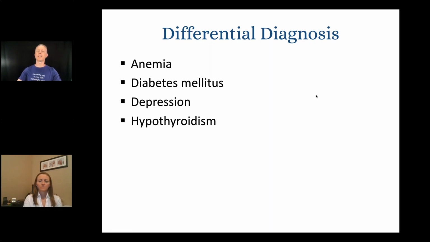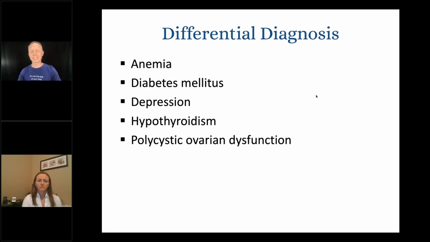Hypothyroidism, again, looking at the pattern of association. Polycystic ovarian dysfunction, okay, and why would that cause some of her presenting symptoms? Well, PCOS patients develop big cysts on their ovaries. Polycystic ovarian, right? I mean, the name tells you what the problem is. And these women tend to be a little bit more pear-shaped. They have a little bit more abdominal adiposity, have insulin resistance, hirsutism sometimes. They have produced a little bit more androgens. And when they develop these cysts, those cysts press on the bowel, and it can commonly cause not only abdominal